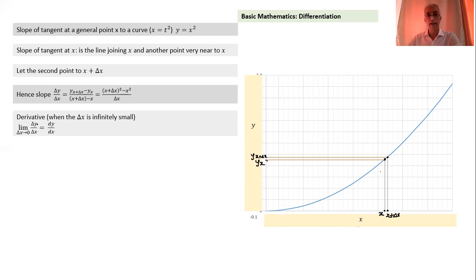So delta y indicates a difference in y quantity. If the difference becomes very small, it is written as dy. So this expression is written as dy by dx. This is called the derivative of y with respect to x. How is y changing for a small change in x? This is the term. So dy is a small change in y quantity for a small change in x quantity